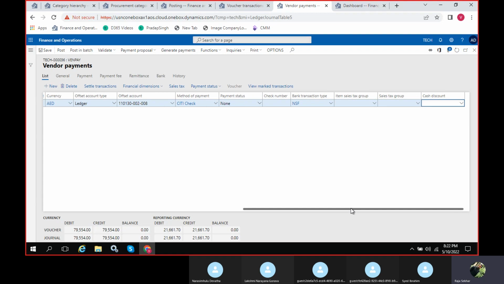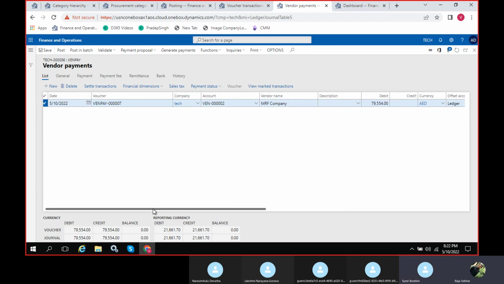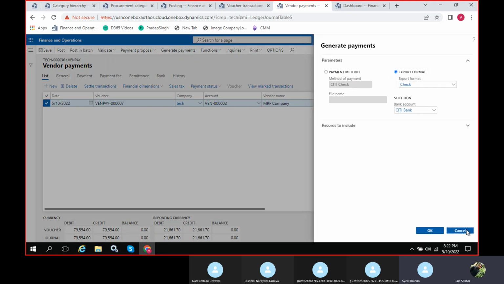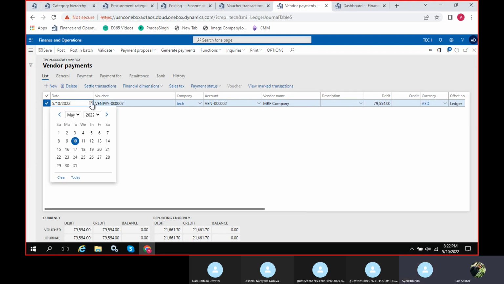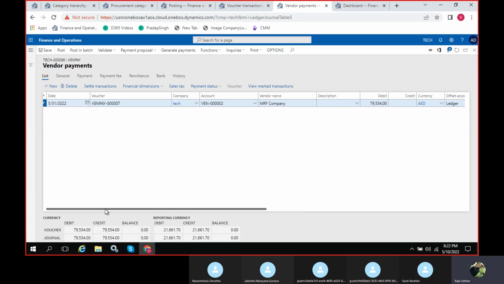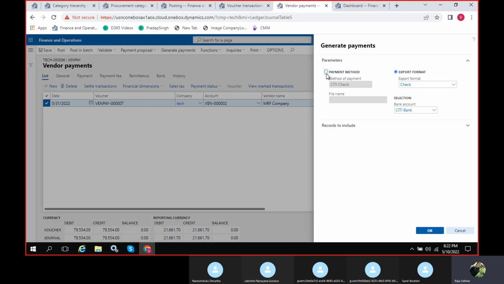How do you give a future date here? These are checks generated to make payment instantly, not for a future date. In the first line, we have the date. This is the payment date, what you are doing currently. If you give a future date, let me give some future date.